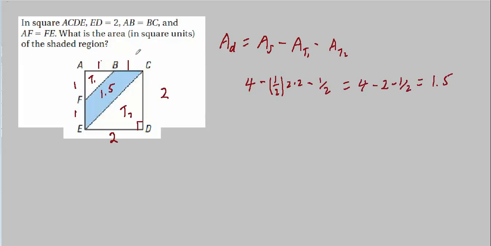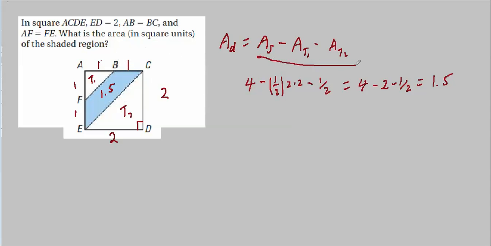You really didn't have to remember too much to do this problem, other than how to get the area of a triangle, and that's about all you really needed to know. Now that I get down to it, they tell you that these two are congruent, so they're cut in half, and they tell you that these two are cut in half. You have to know that half of 2 is 1, perhaps, although your calculator could have told you that too. So you didn't really need to know very much other than this part here.